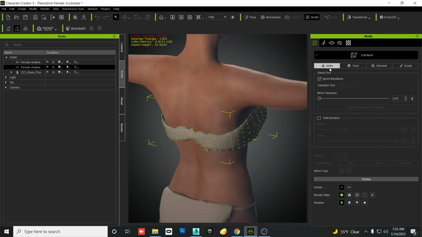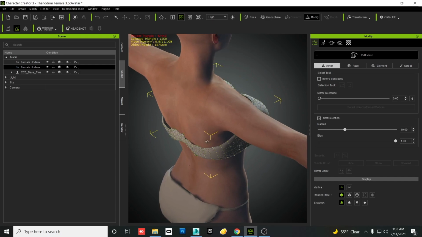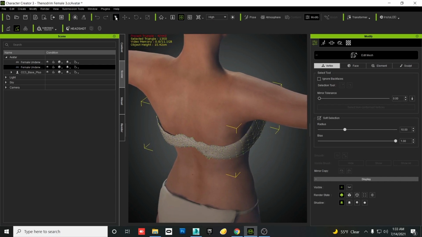I would recommend sticking to vertices in this program because it does not seem to select and track elements in face level very well or very accurately. You're also going to probably want to uncheck Ignore Back Faces, which is checked by default, and probably check Soft Selection because that'll help you get a smoother selection as we go. So with those two things set, Ignore Back Faces off, Soft Selection on, you can adjust the radius as you see fit. What you can now come in here and do is grab a